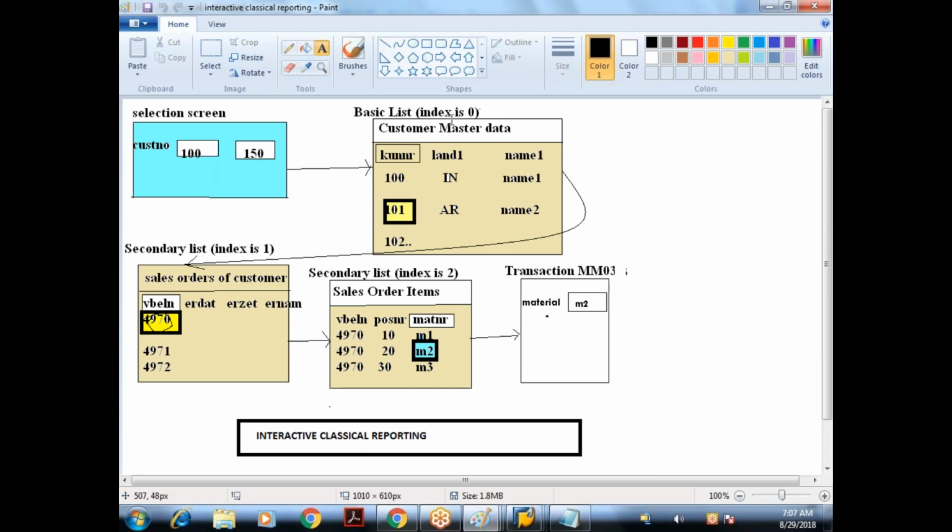Now my requirement is, whenever I interact with this customer number, suppose I double click on 101, I have to check whether this customer has any sales orders in the VBAK table. If you have the sales orders, you have to get them and display them in the next list. This next list we call the